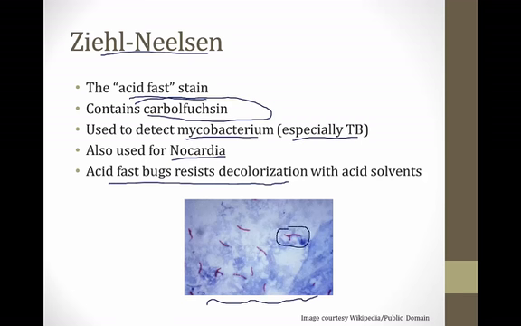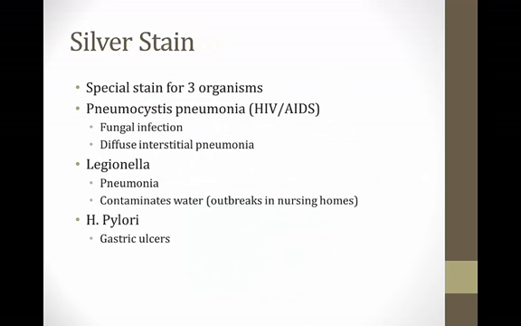And initially when you stain a slide with this stain, everything will be purple, but then when you decolorize it with an acid solvent, only the acid-fast bacteria will retain that purple color, and the main use of this is in detecting tuberculosis infections. Silver stains are very rarely used stains because they only have a couple of special circumstances